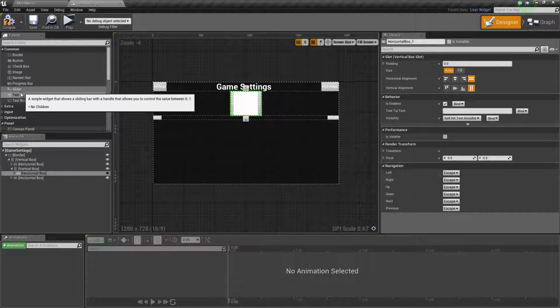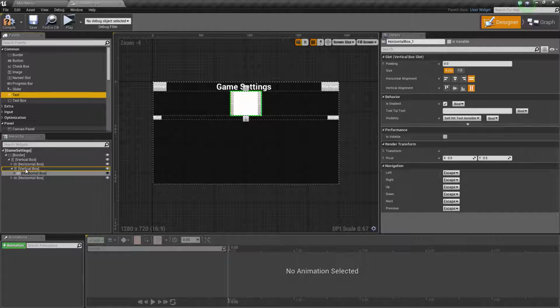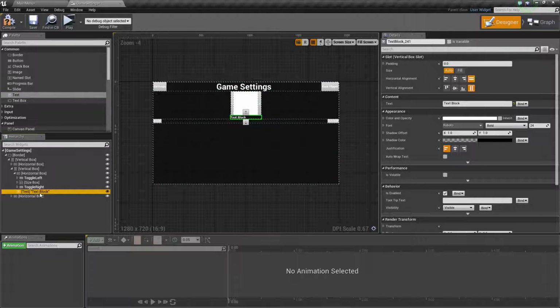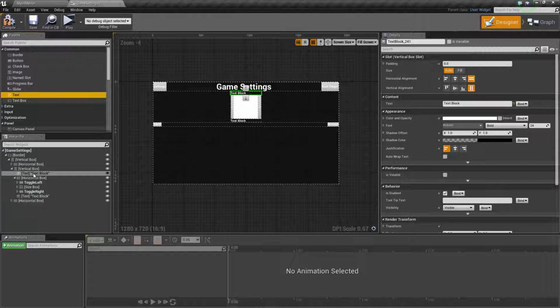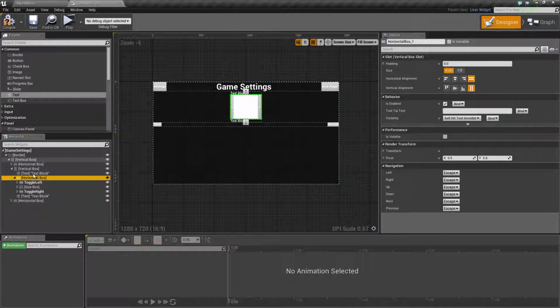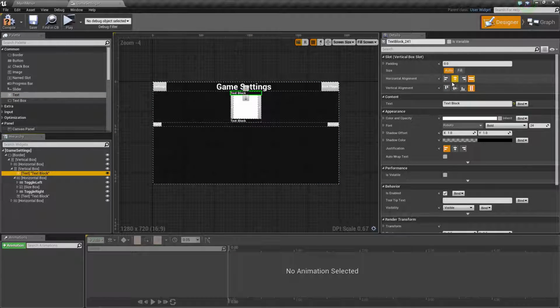Now what we can do is take text, put that on top of the vertical box, so it appears above and below it. So we'll take this text and we'll move it up, and then we'll take another text inside the vertical box, like so. So what this will be is, when we're done with it, if we center this up, and we center this up,